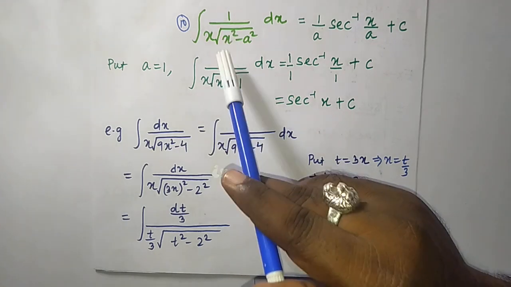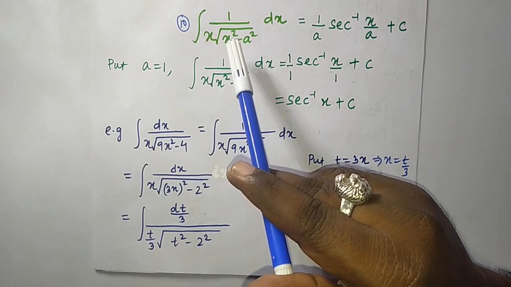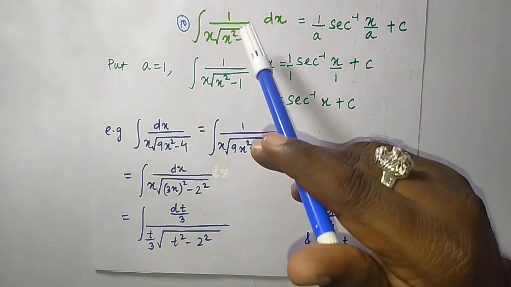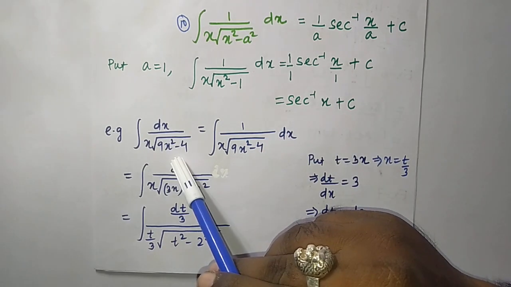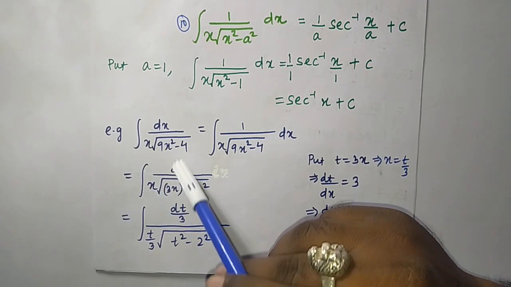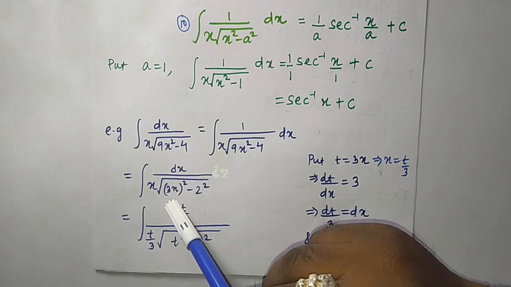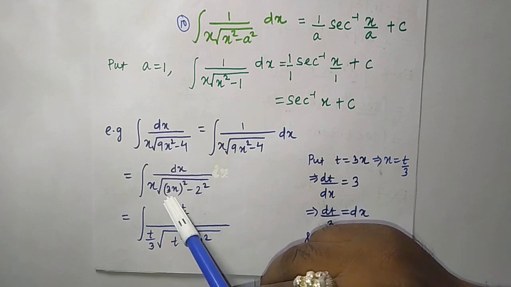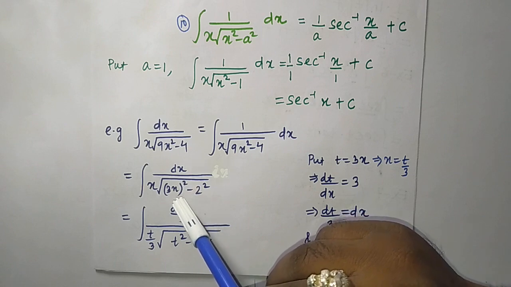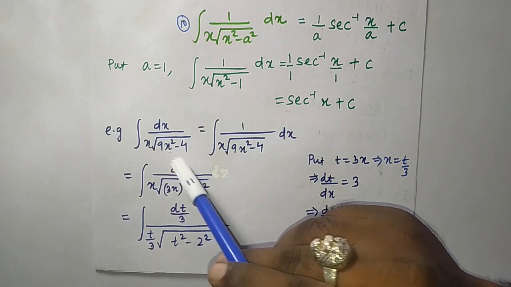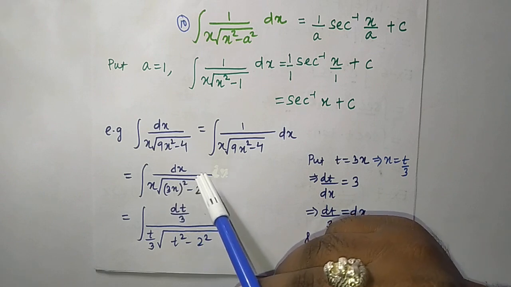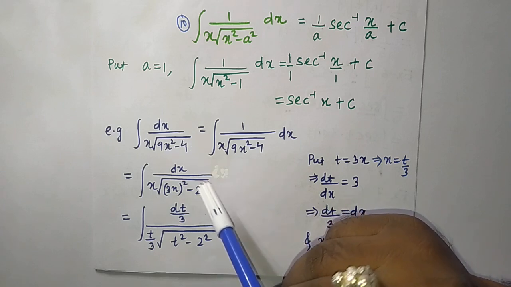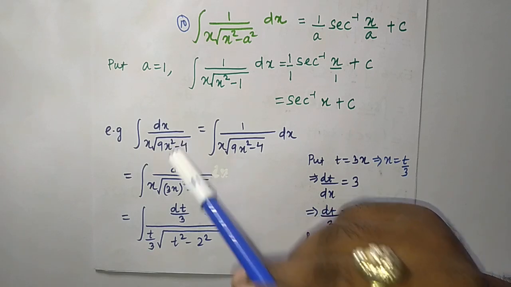Here you see, in the general formula you have only got x square, only variable square. If x is a variable, here you have got x square only, but here it is given 9x square. So first we will convert it into a complete square. Here I will write 9x square as 3x whole square. You know 3x whole square is the same as 9x square. And in place of 4 I have written 2 square. 2 square and 4 both are the same.